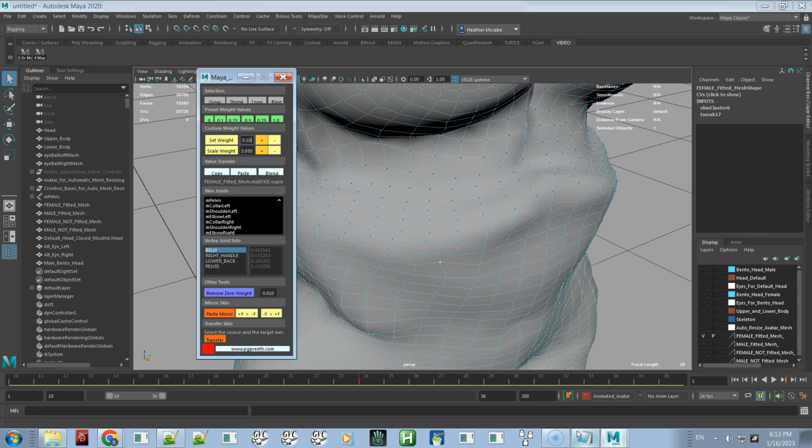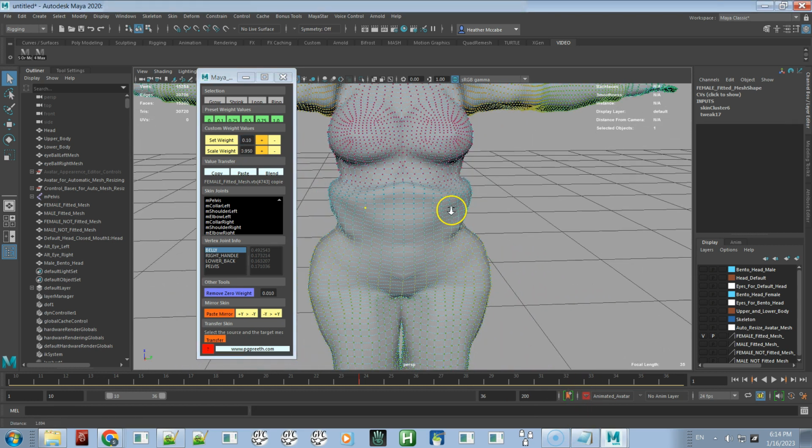You know, I'm just going to Control Z back. If you've rigged half of your dress or half of your outfit and it looks great on one side, you can select a vertice, and then